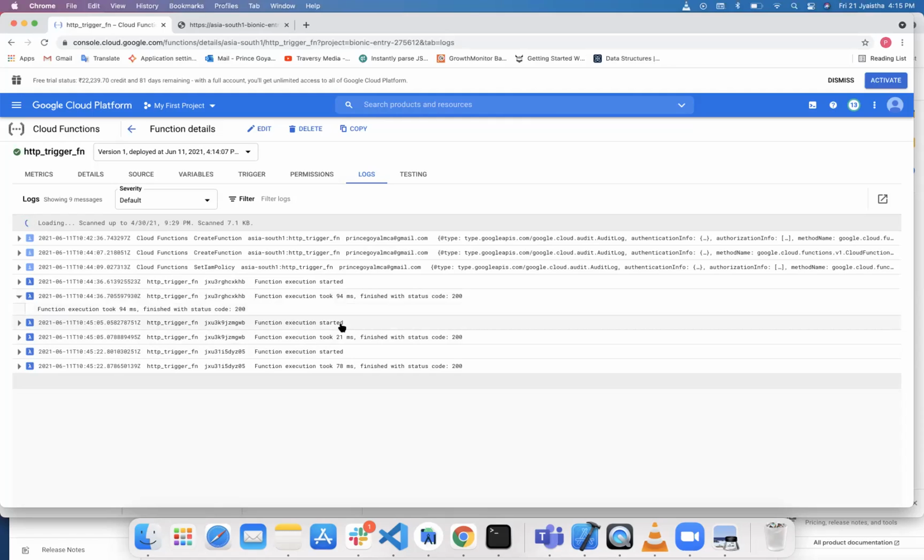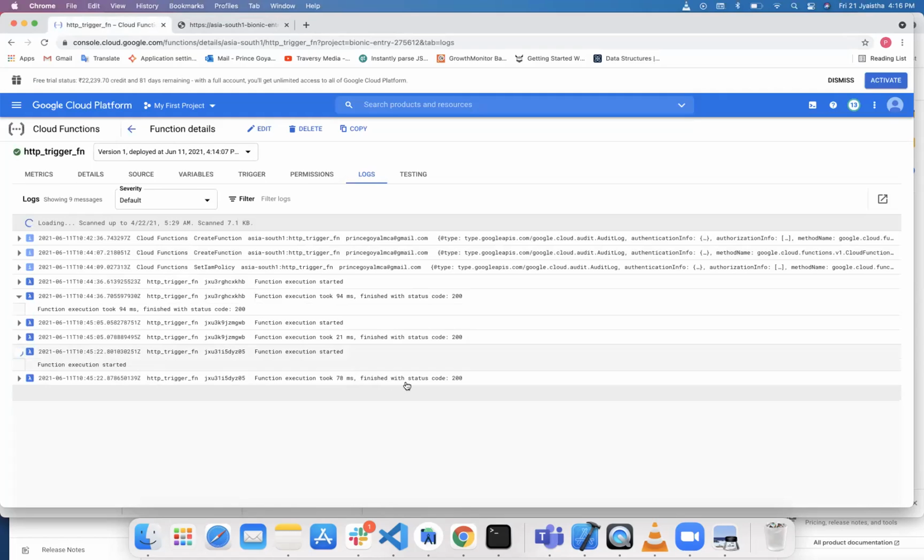Again, we tested with another message. So that also has been tested successfully. And then we checked it with the URL. This also has been logged here. So this is how we can use a cloud function for HTTP.